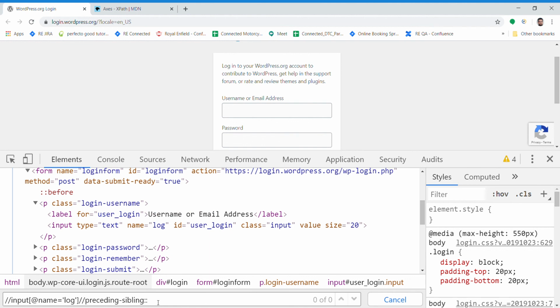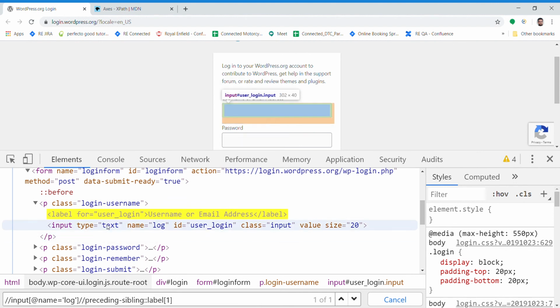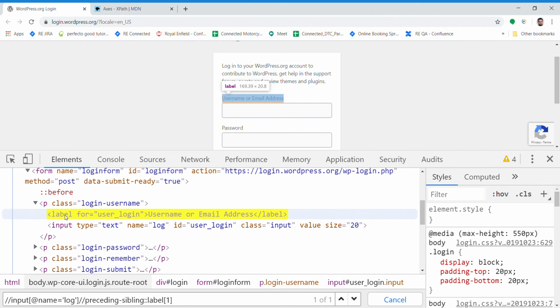Okay, we wanted to find the sibling with tag name label, the first one. If there were two more siblings here and we want to select this one only, we will use the predicates. This is the number we are entering here. That means select the first one. Go back from this child element and find this label tag, but select only the first one, if there is more than one sibling having the same tag name label. So this is the preceding sibling example.